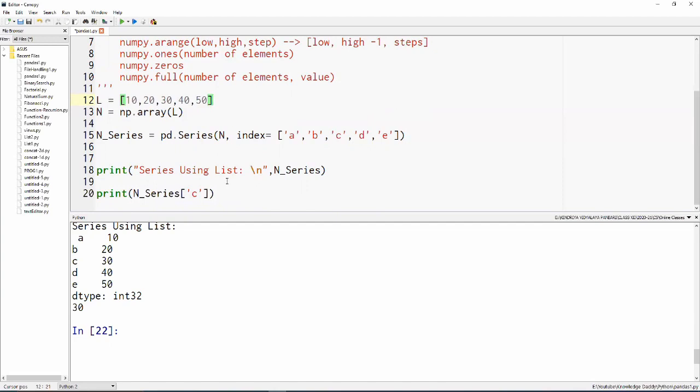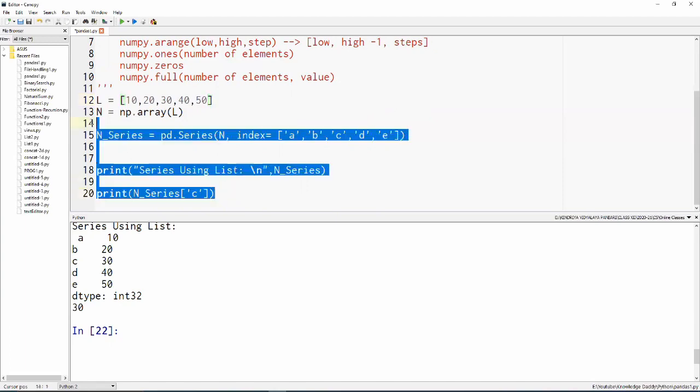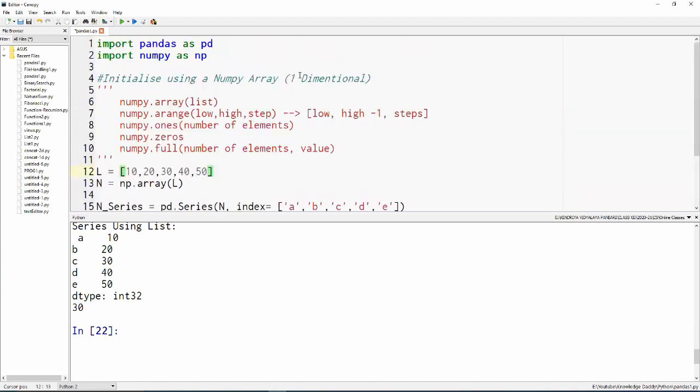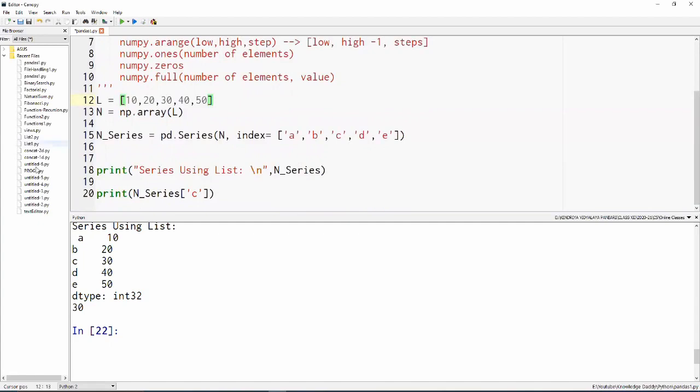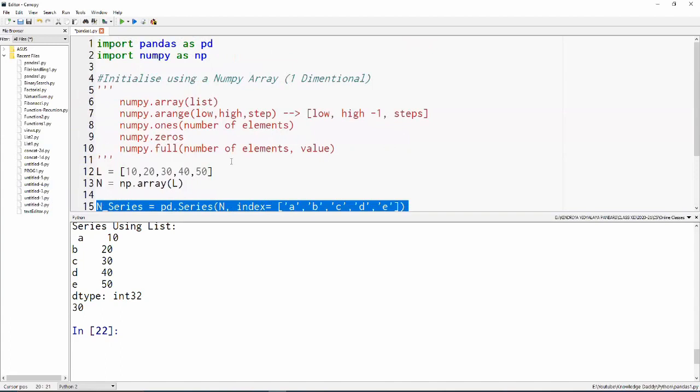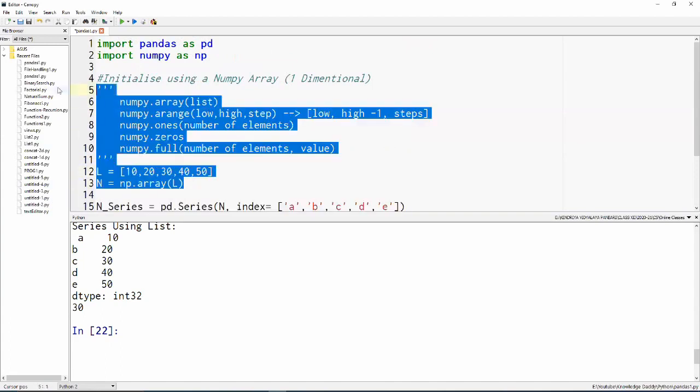So I will create a separate series, a separate playlist for numpy arrays there. So let's quickly move on to dictionaries. Basically, we are going to keep the structure the same. This part of the structure will remain the same, and we'll just deal with how to initialize with different types of data.